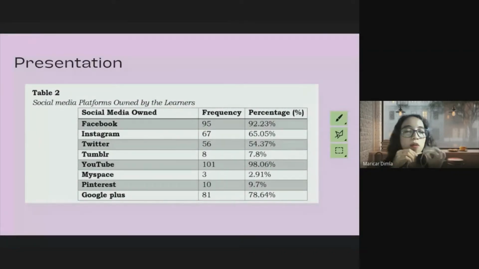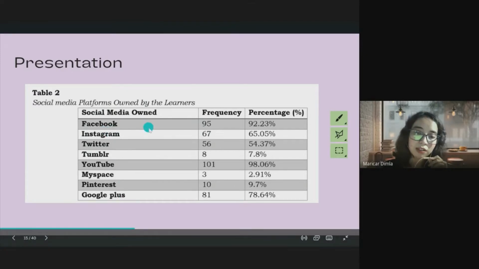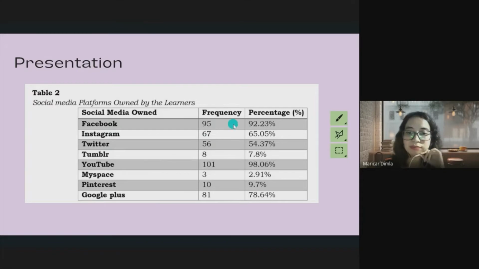So class, another example also of ordinal data class, baka may mga questionnaires sa instrument ninyo na you're seeking for the mga question na maraming choices and then you can choose as many as you can as long as it applies to you. Ayan. Example class, our table number and then the title, social media platforms owned by the learners. So, anong interpretation natin dito? Parang among all these social media owned by the learners, pinakamarami ang may Facebook account. Charot! YouTube pala. Muntik ko na makalimutan si YouTube.